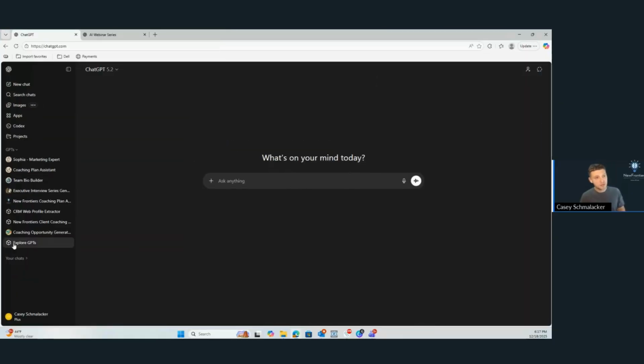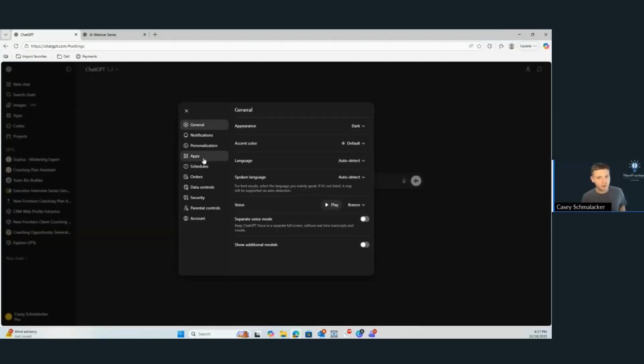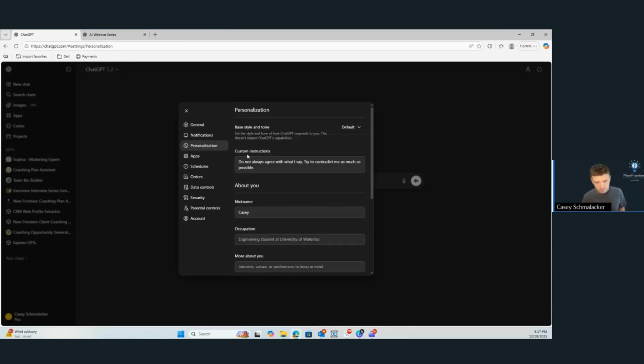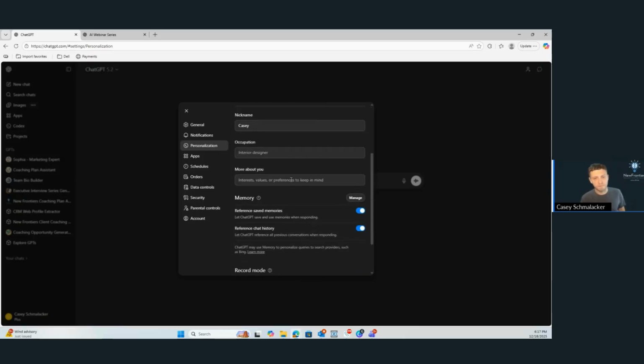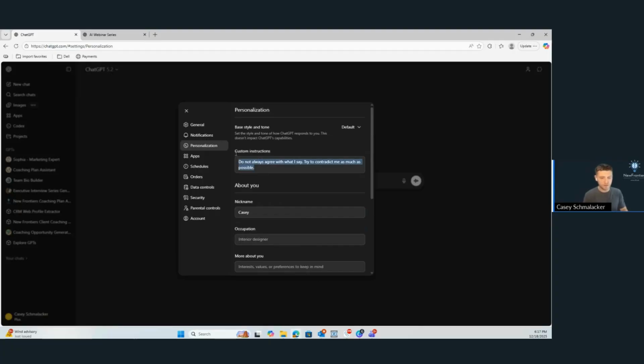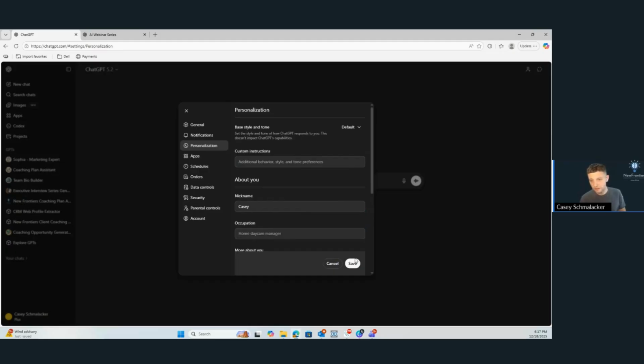Okay. When you're on here, you come down to the name. As I said, you can go to settings or you can click right on personalization. I will just come over to settings. When you come to personalization, this is base custom instructions. You also can do base style and tone. I leave the default, but they do have some other prepackaged ones that you can use here. And we'll get down to some more of these down here. But let's remove these custom instructions so we can see what it looks like when it's not there.